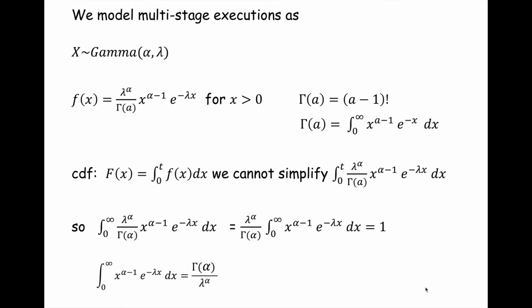And on the right-hand side of equality, what used to be 1, I have gamma of alpha over lambda to the alpha power. Okay. Any questions about that? Does that make sense? So this is a little bit of algebra, and I started with the law of total probability, and I used the definition of equality, and I multiplied after factoring out that leading coefficient, and I get